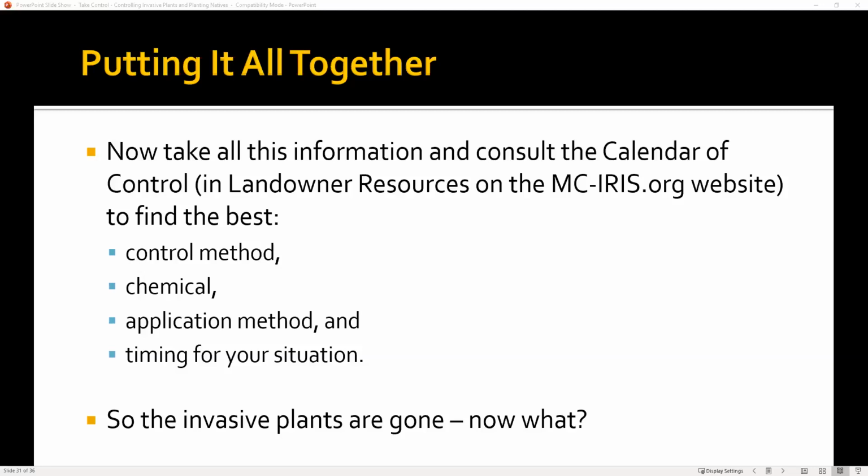Now they note this can be very difficult on multiple stemmed shrubs. And most people would not use basal bark on shrubs for that reason. Because if you imagine an Asian bush honeysuckle and how big those can be and how the base can be made up of like a dozen different big stems, when you paint the stems, you have to paint every stem and all the way around. And it can be very difficult to be flexible enough to get the herbicide around all the bases of the